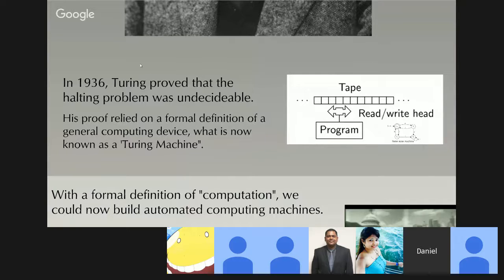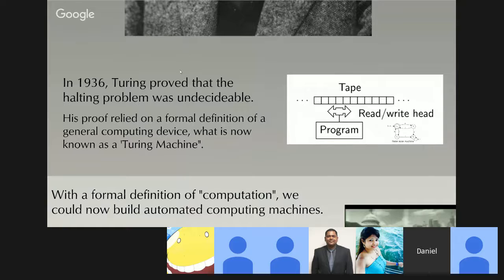The point is a little bit difficult to describe, but the simple way of describing it is that the question is, can you determine whether a program will halt? For some programs, it's very simple to determine when they stop, when they reach their end state. For some programs, it's very simple, but the question is, is there any general way of deciding for a general program whether it will stop?